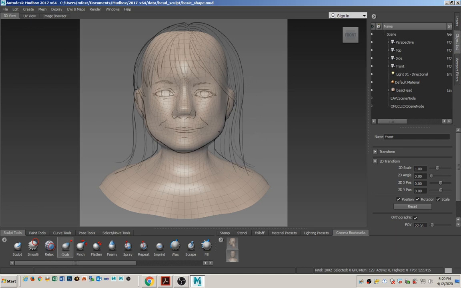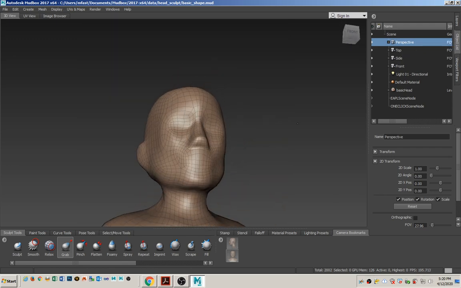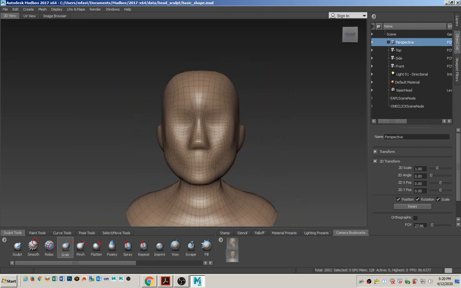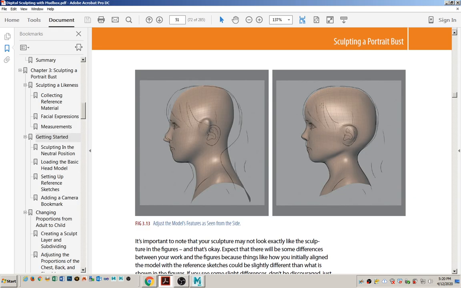Actually, looked like symmetry wasn't working on that. Okay, that's good enough because I'm realizing that this is video. Video is already getting, now our head looks super pointy. And this video is already getting a little bit longer than it should be. All right, moving on. The next thing we're going to do is we are going to